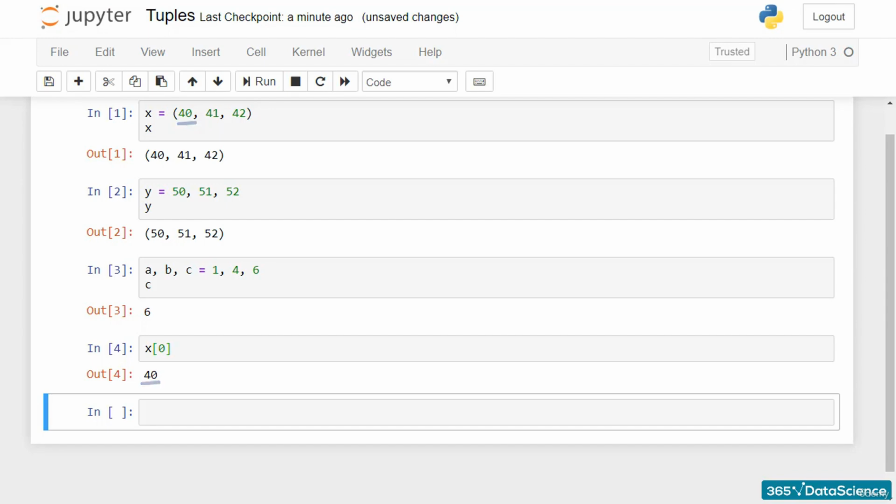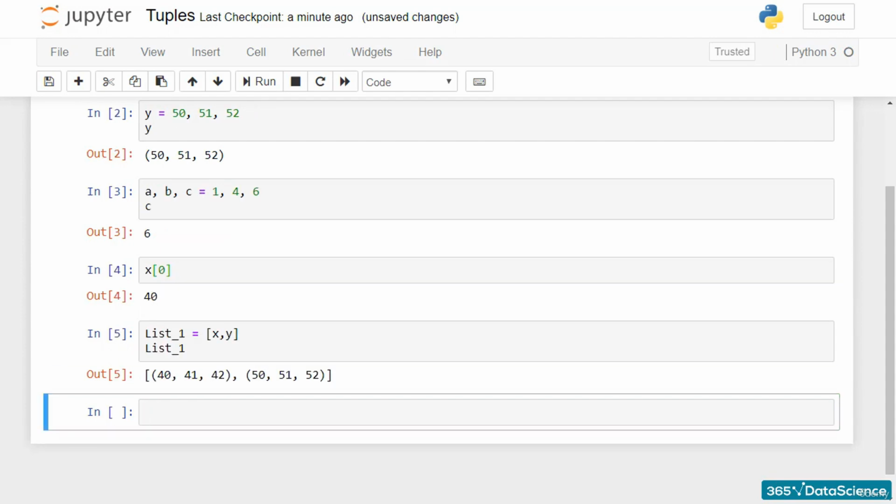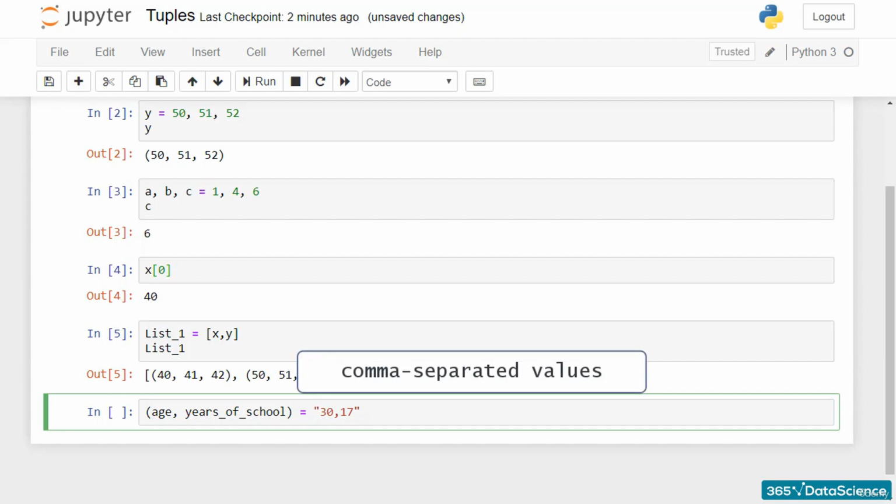In addition, we can also place tuples within lists, and then each tuple becomes a separate element within the list. Tuples are similar to lists, but there are some subtle differences we should not overlook. They can be quite useful when dealing with different comma-separated values. For example, if we have age and years of school as variables, and I have the respective numbers in a string format, separated by a comma, hence the name comma-separated values,